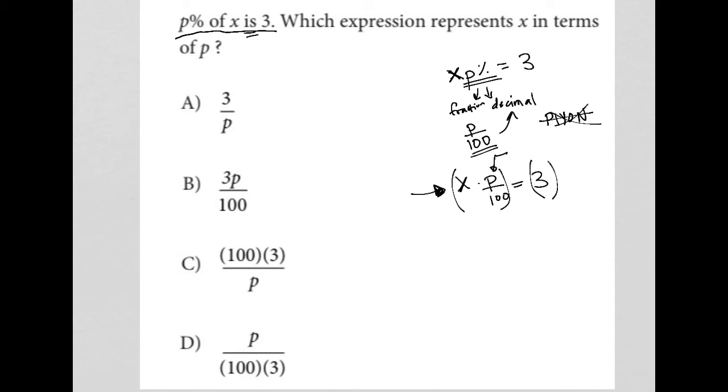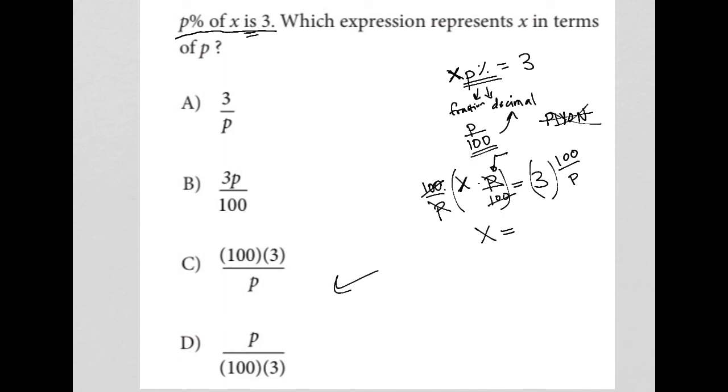If I multiply this left side by 100 over p, then this 100 cancels out that 100, and this p cancels out that p, leaving me with just an x on the left-hand side. But whatever I do to one side of the equation, I must do to the other side of the equation. So I'd have this 3 times 100 over p, in which case I could just say 300 over p, but